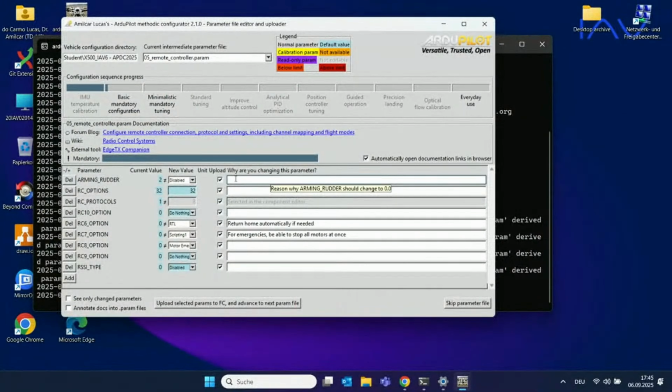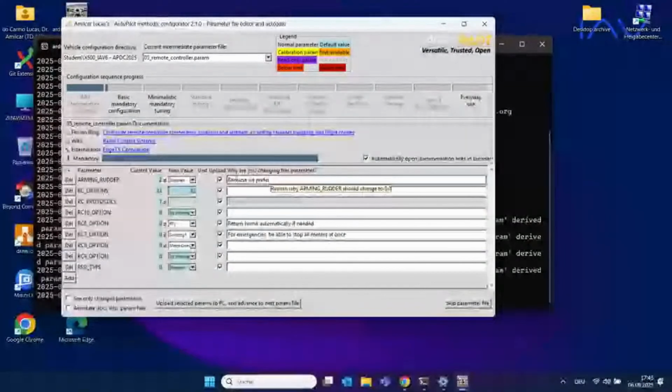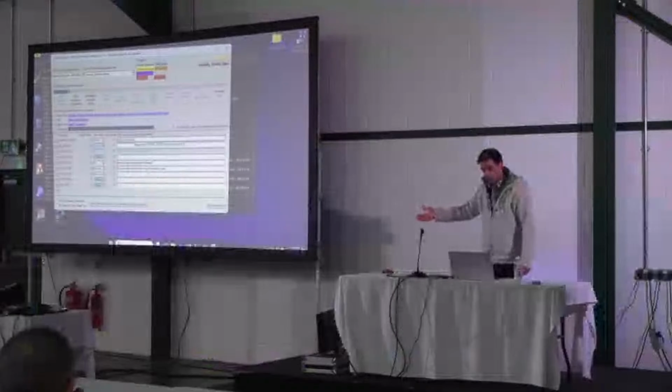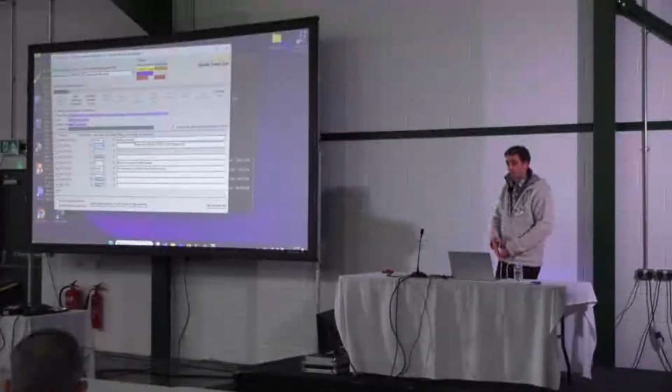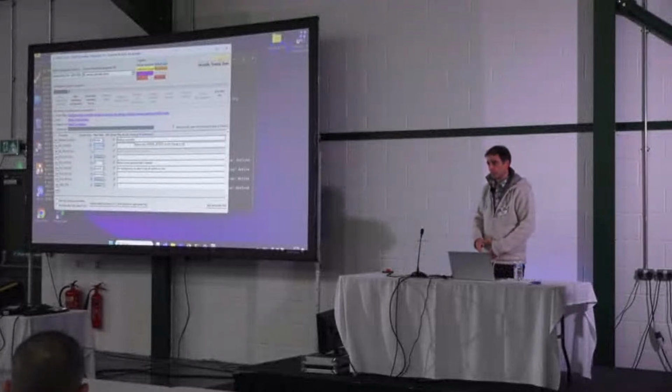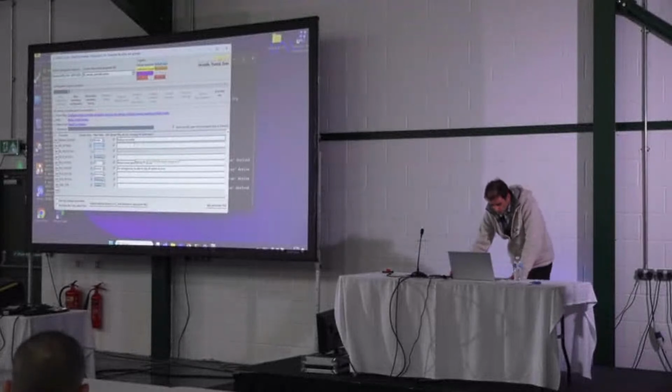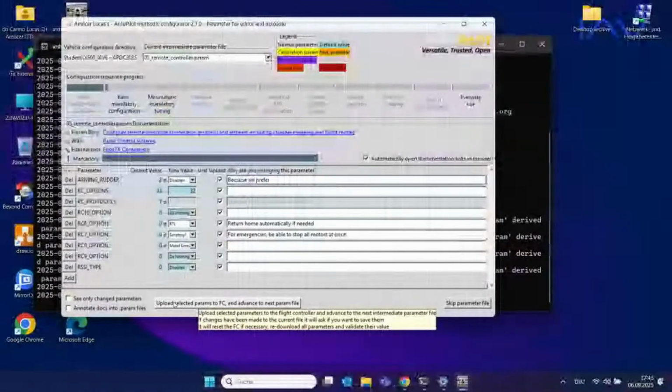And then the main part of it all is this field here. That's the reason why you change this. So in this case, the arming rudder, usually we disable that. We prefer on our drones to use the switch. So I will say here, because we prefer to use the switch. And that gets documented so that a future co-worker, or me in 12 months, remembers why that parameter was set to that particular value and not something else. Once all that is done, I can just upload the selected parameters,